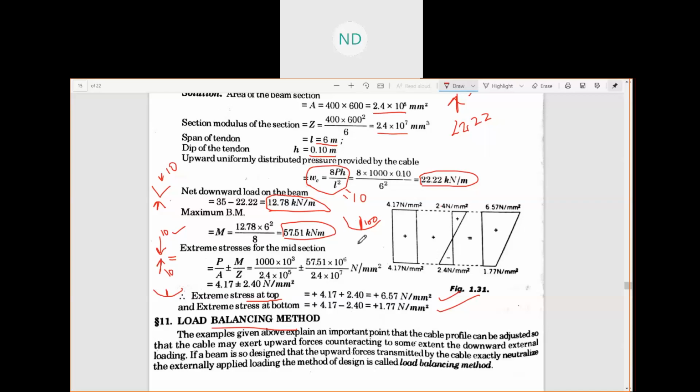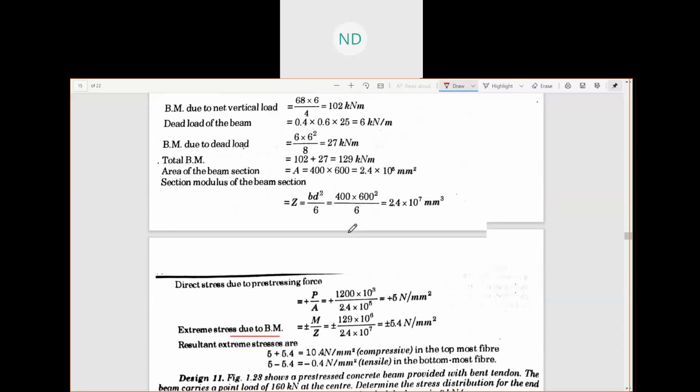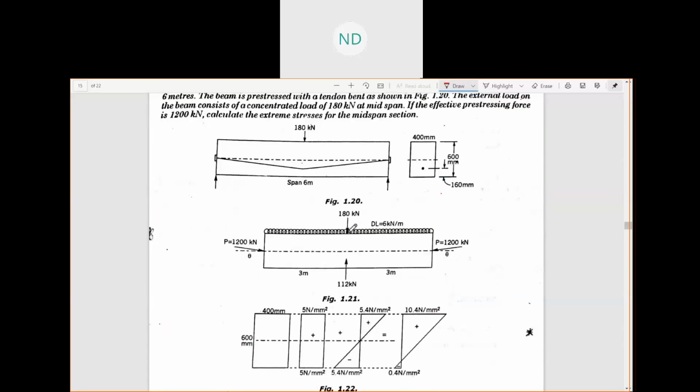So in this way, in a load balancing method, we try to neutralize. When we try to neutralize, we will equate these two, that means the downward load and the upward thrust. And these things which we were doing, all those bend tendons, then again the parabolic profile tendons, we were doing this kind of bend tendons, etc. These are nothing